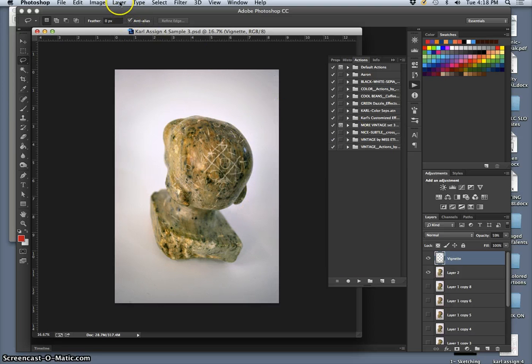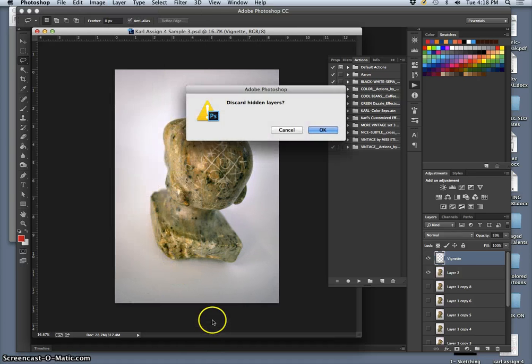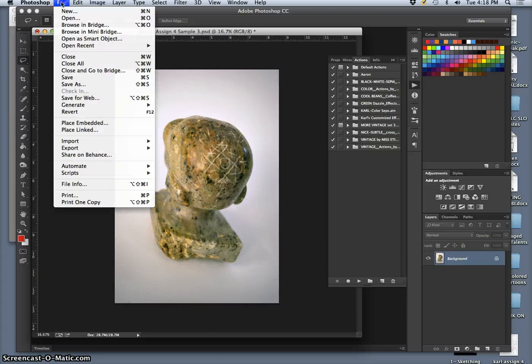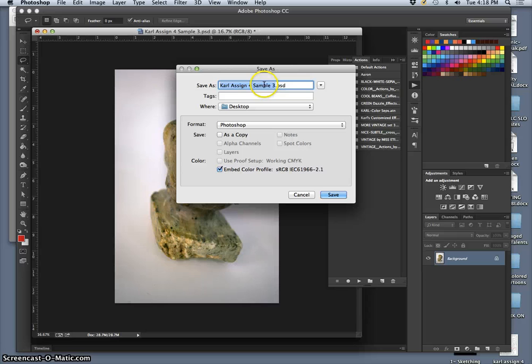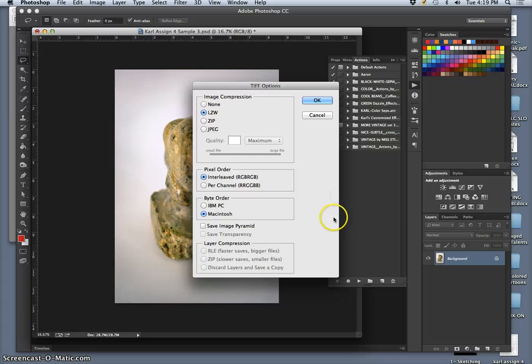And before I save it as a TIFF, I'm simply going to say Layer, Flatten Image. Discard hidden layers. Now I have just one layer, and I want to be careful not to save this as a PSD. But I'm going to call it sample 3 test and change its format to TIFF with LZW compression,